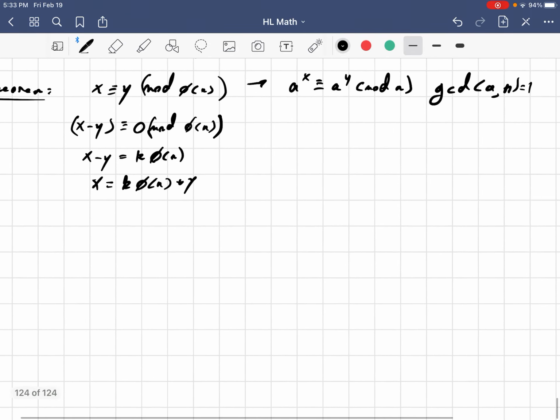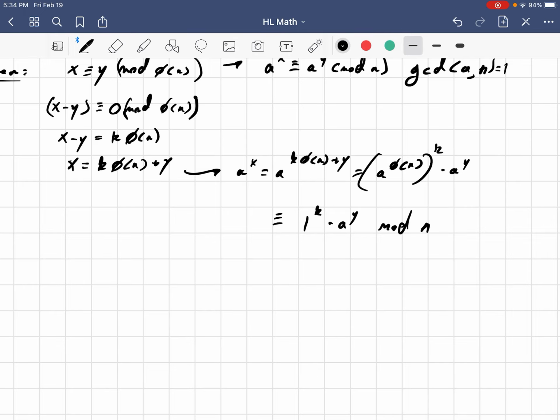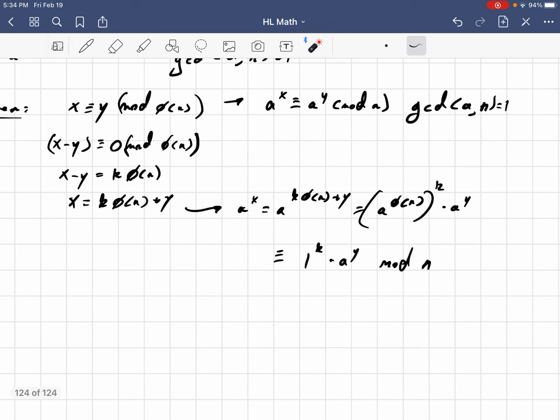And so now that means that a to the x is equal to a to the k phi of n plus y, which is equal to a to the phi of n, to the k, times a to the y, which is congruent to 1 to the k times a to the y mod n by Euler's totient theorem,